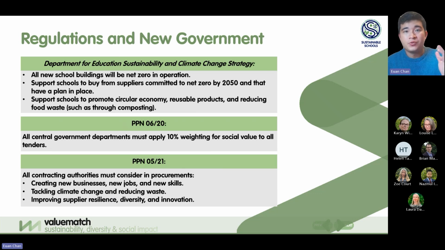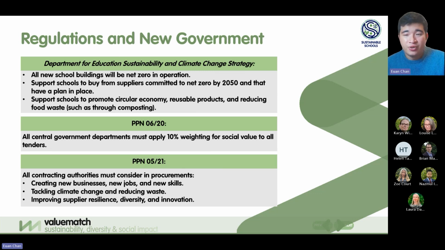So there's not only pressure on schools to procure from these sustainable businesses, but there's also pressure for businesses to start upping their game when it comes to carbon reduction to be able to match that demand from the government and from the education sector. Additionally, schools, through their procurement, will need to start promoting areas like circular economy, reusable products, and reducing food waste. Other areas also talk about using retrofitting projects as opportunities to educate and build skills within the student base in renewable energy and green technology development.